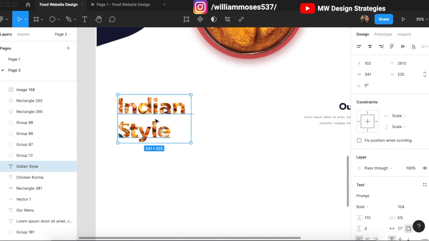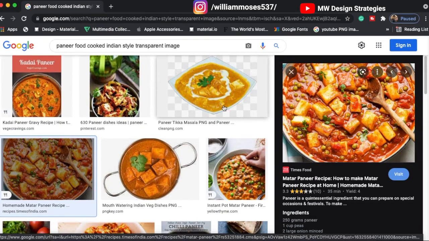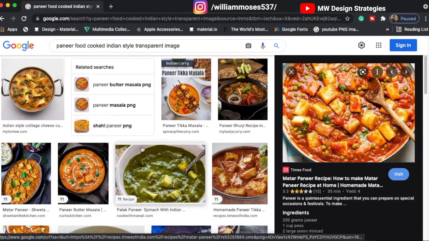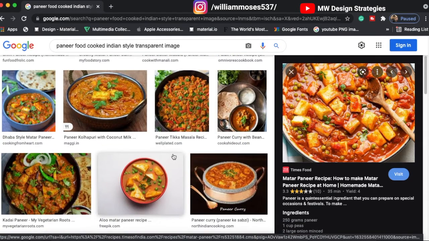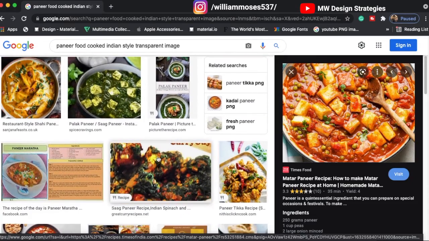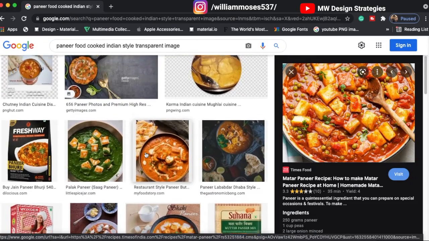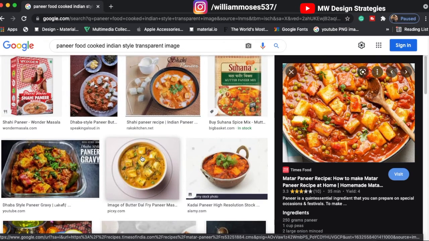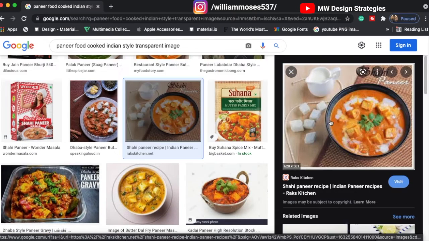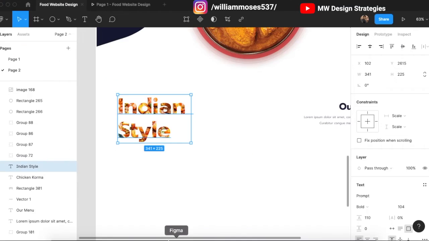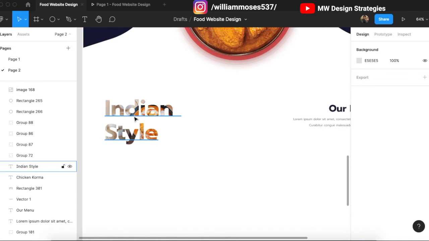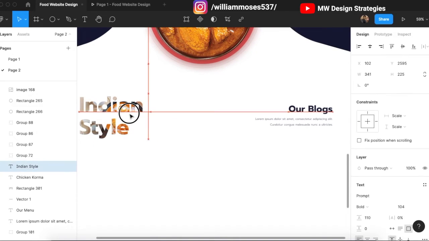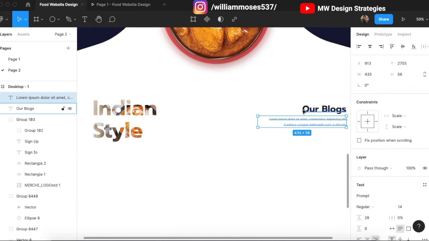Let me show you. So like this effect you can give. So make sure that you select an effective image, because this is not looking good. So for the image you have to select different images, some images which look good in this font. Okay, because this is some food item image. Okay, so make sure you give a more effective food image. So let me just copy this and paste like this one. So that's how you can apply this kind of image in your font to make it more effective to the